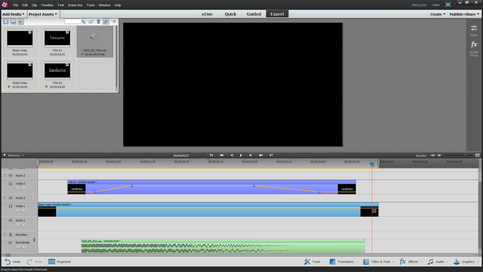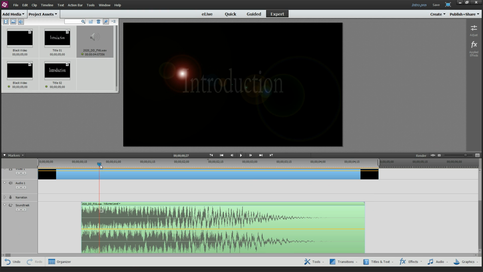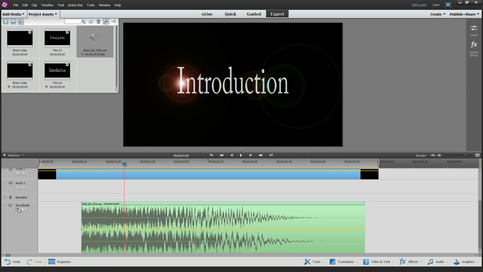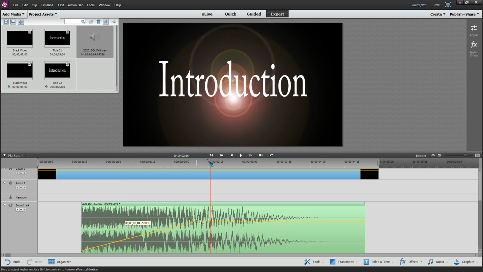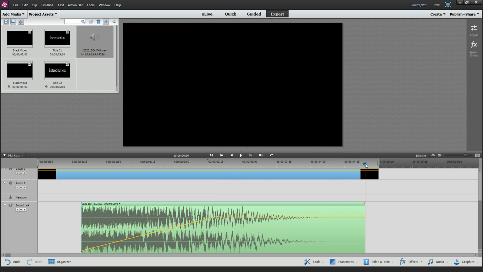If you click in here and drag, you can expand your waveform a lot bigger so you can see things a lot easier. Now, when you select your track, lo and behold, you have these little keyframes here, so you can add or remove a keyframe, and then you can control the sound that way. So maybe right around here, I want to have a sort of a crescendo, so I want it to get real loud and then get quiet. So let's go to the very end of this thing, add a keyframe, and just drag the volume all the way down to nothing.